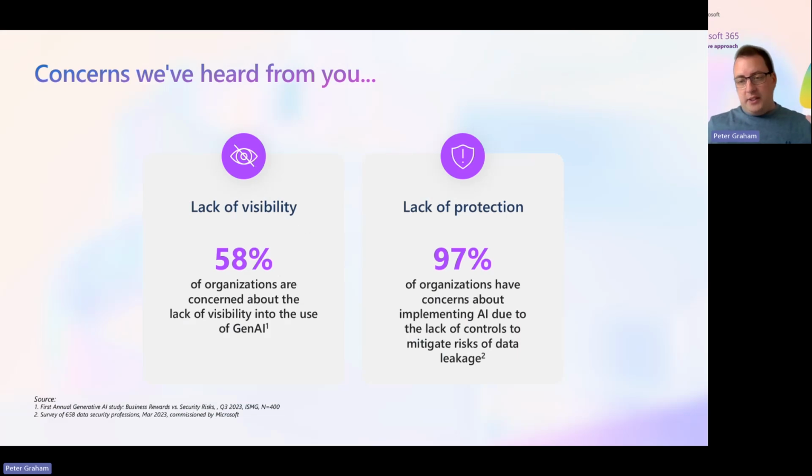And Microsoft is fully aware of those concerns. So how a company will put AI into their business is top of mind. It's one of the biggest challenges, or objections, that people are thinking about. There's the lack of visibility of how AI is using and reading the data or responding to requests that we make, and the lack of protection when you're implementing AI into the workplace. How can you protect your users and mitigate